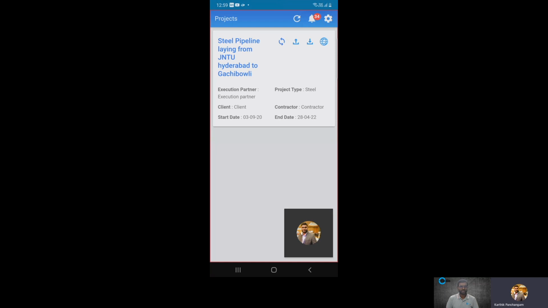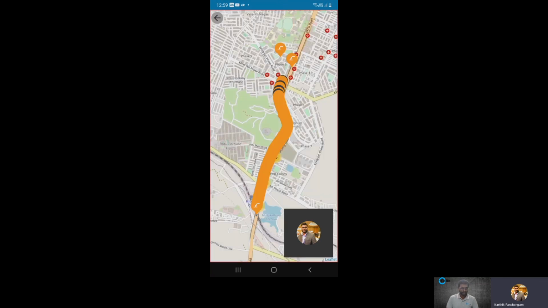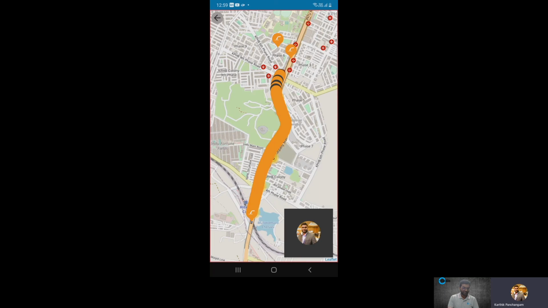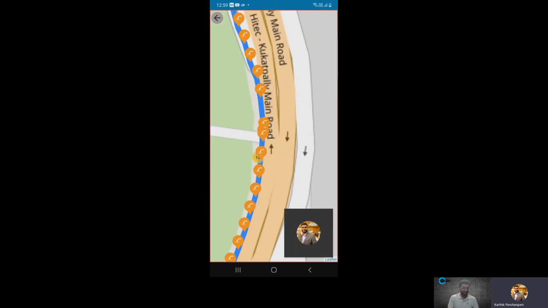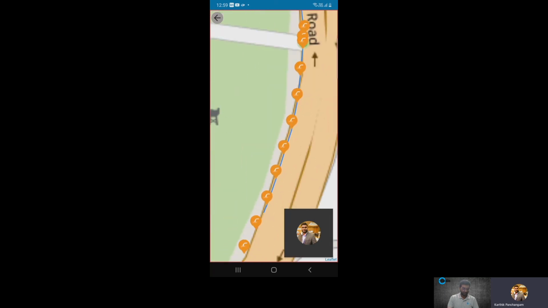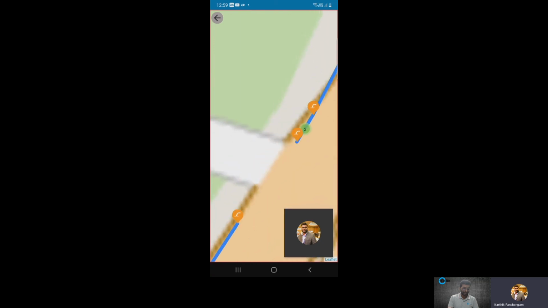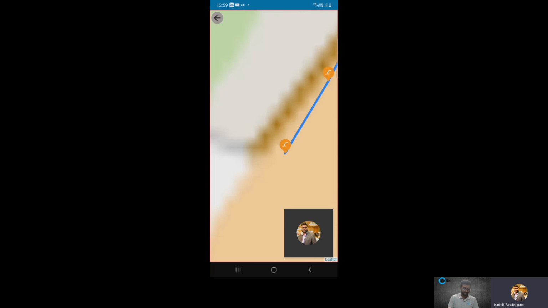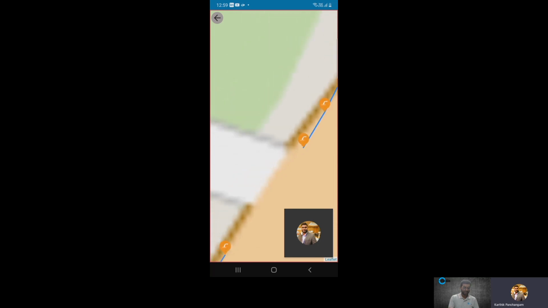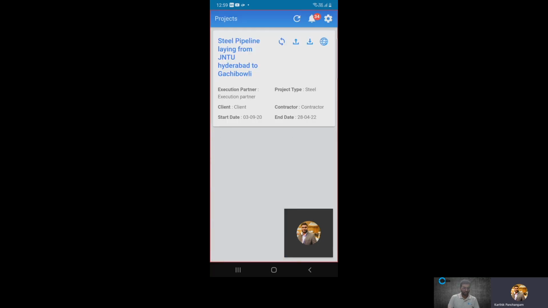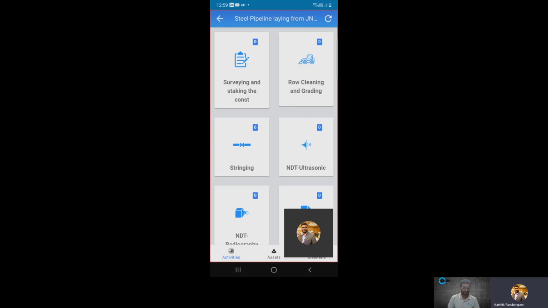So I can see the project that we were looking at in the back office system a moment ago, with the pipeline network information available. You can see the construction pipe happening over here. I can just click on it to see the wells that are available over there. Okay, so how do I capture the information now? When I click on this project, at the bottom of the screen,